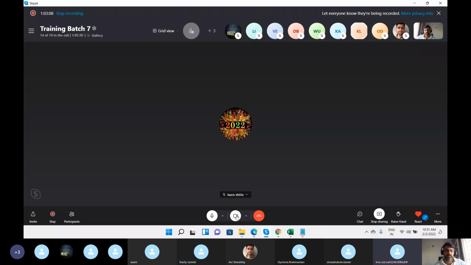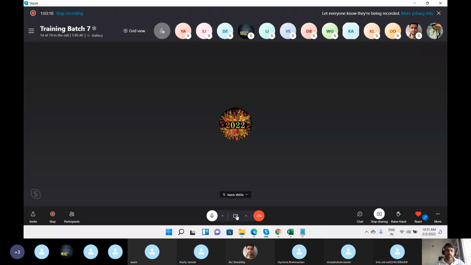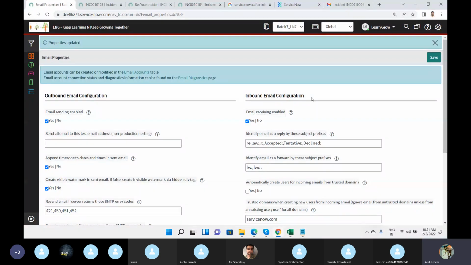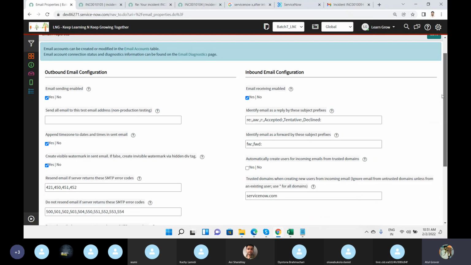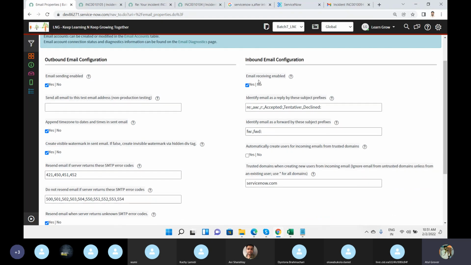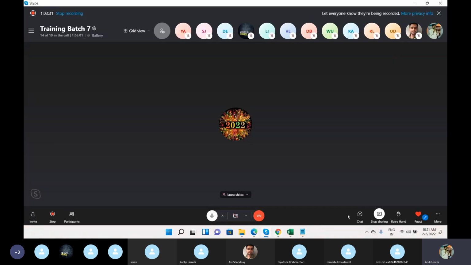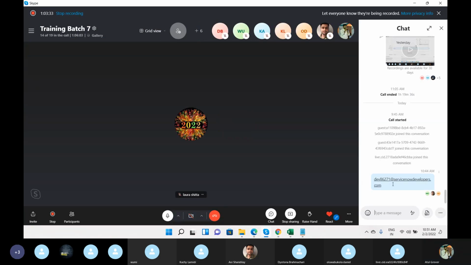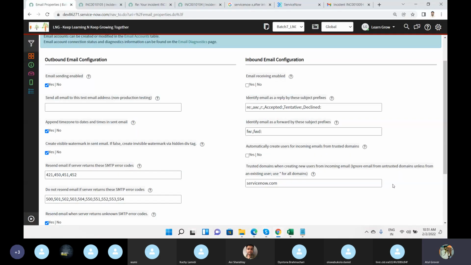Clear. Great. Now let's move to the last option. It's called the inbound email configuration. The rest we will see tomorrow. It is a small one. If you want to receive email in ServiceNow, then you have to enable it. If I disable it, and you send an email to this address, you will not get anything in return,